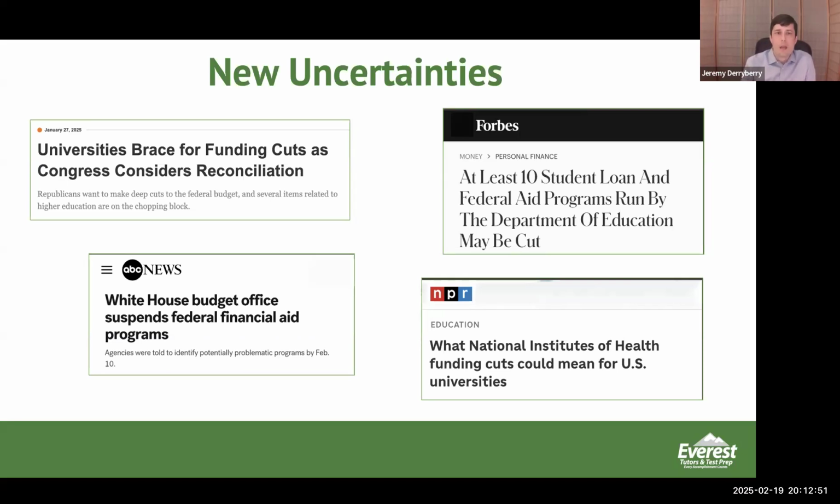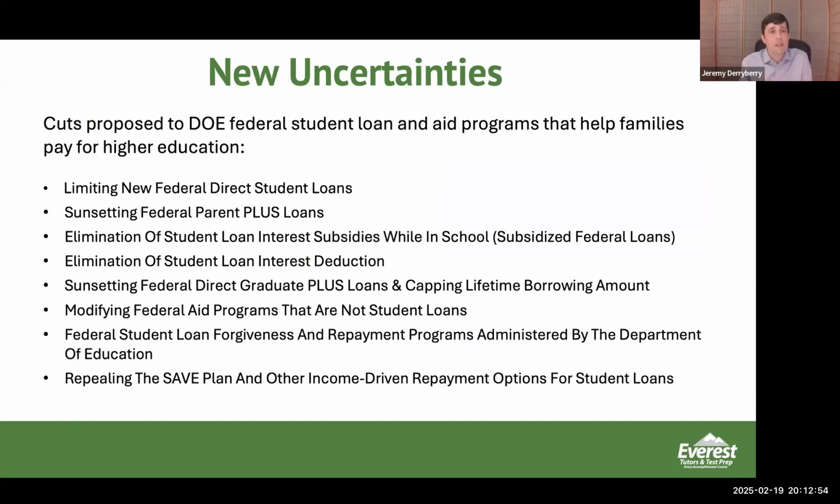So some of the things that are being discussed right now are limiting the federal direct student loans, sunsetting the possibility of having Parent Plus loans, which is what a lot of families use to fill that gap between grants and things like that and what the actual cost is for them. Ending the subsidized loan program. What that does is it basically covers the interest cost for your child's loan while they're in school. What you may not know is once they sign that acceptance and take the money and it gets dispersed to the school, you are accruing interest on it right away.